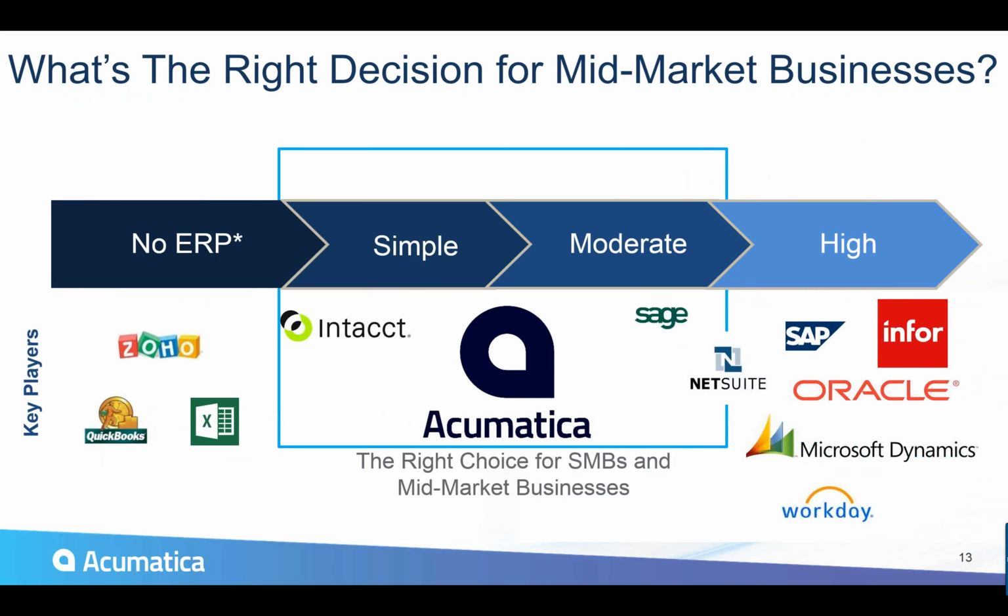So if you think about it from a customer's perspective, the best way to choose your business software, first and foremost, is to look internally, look at yourself in the mirror, and look at your business processes. Are they simple business processes? Do you have very, very simple invoicing requirements? Are there things related to your industry that have an impact on the way you do things, the way you need to track things, that make your business processes moderately complex? Or are you in a highly regulated, highly sophisticated